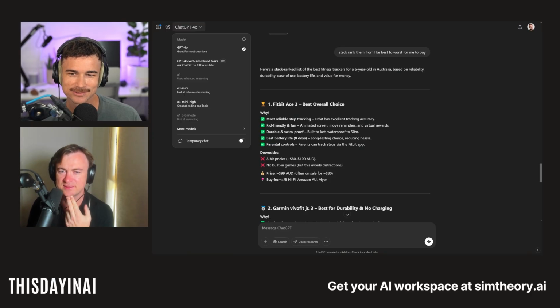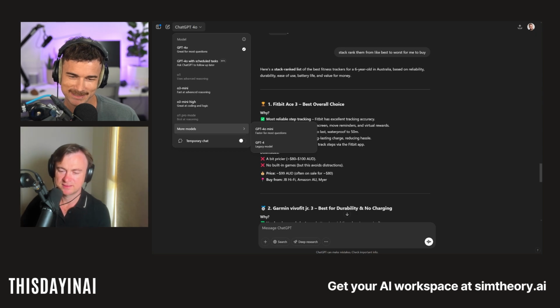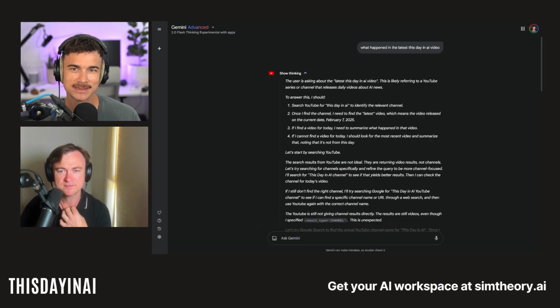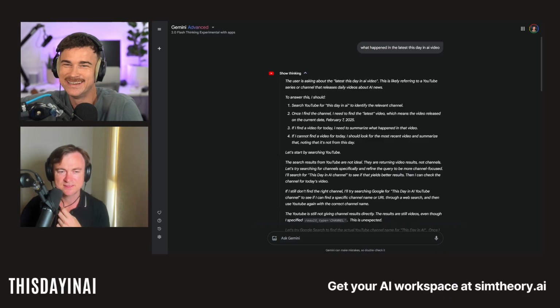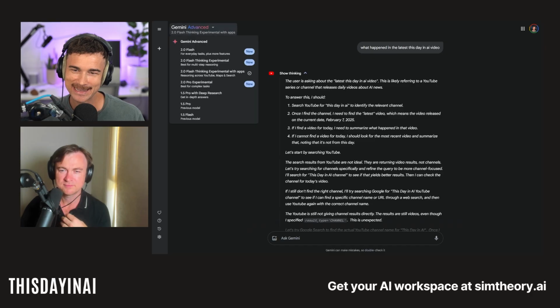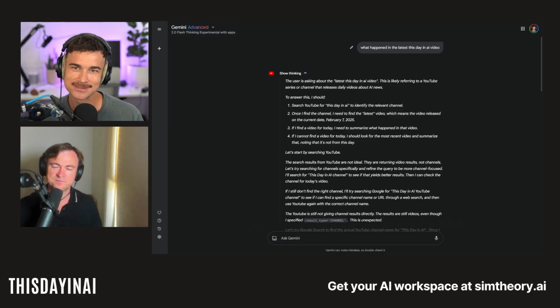Now let's go to ChatGPT. GPT-4o, GPT-4o with scheduled tasks, o1, o3-mini, o3-mini high, o1 Pro mode, GPT-4o mini, GPT-4 legacy. Like, I get it. We obviously in SimTheory have a list of all the models, but that's our app, whereas these guys are fighting for the consumer, and then they think it's okay to have this. It's bonkers.